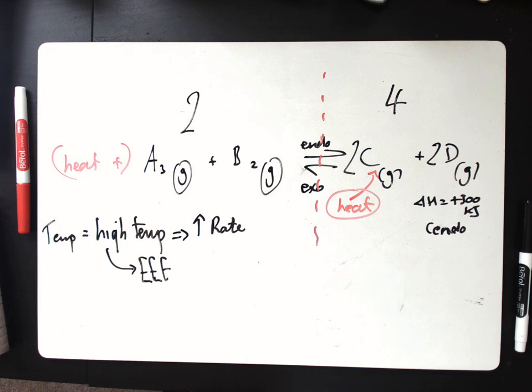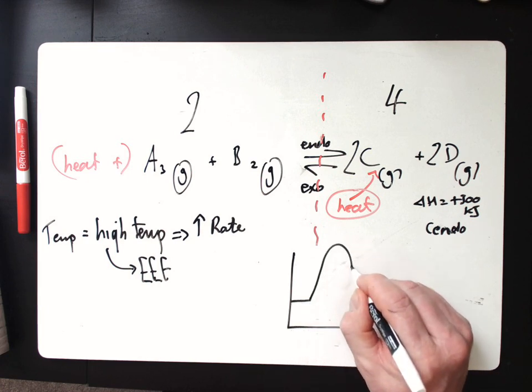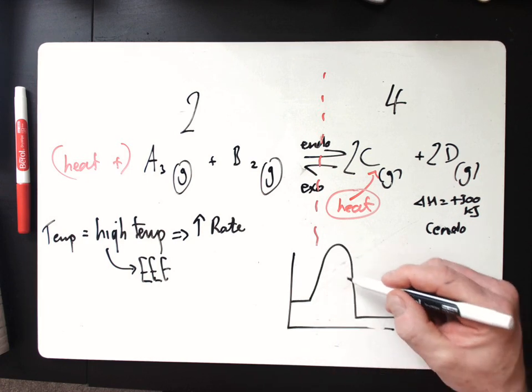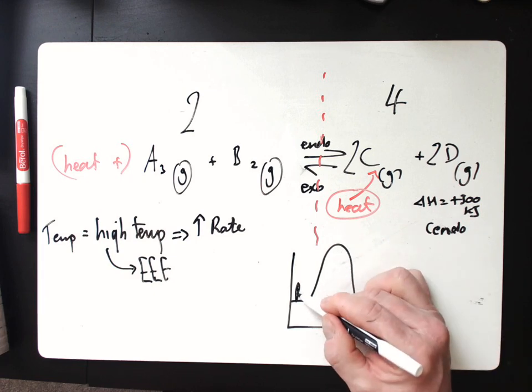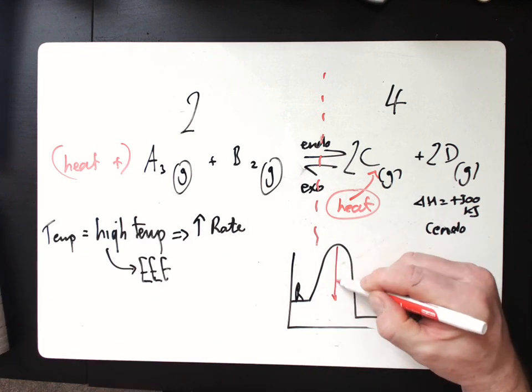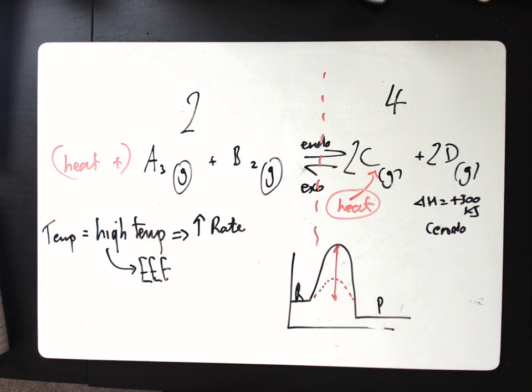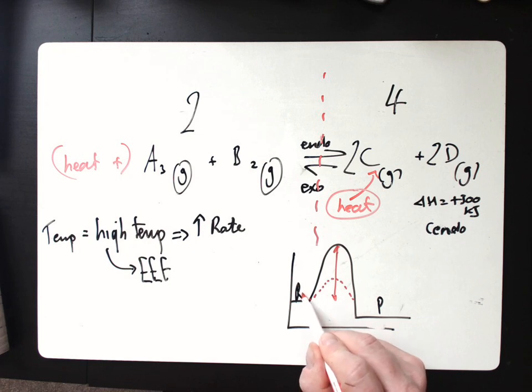Okay, what about a catalyst then? Well, if we think back to our reaction profiles, back to rates of reaction and energetics, catalysts speed up the rate, and they do that by lowering this energy barrier here, called the activation energy. So if I put my catalyst in, it will do that. But my catalyst will lower the activation energy for the reactant going to product, but also the product going back